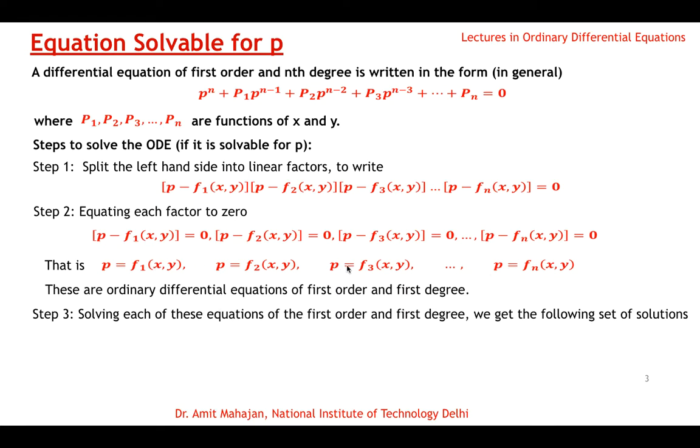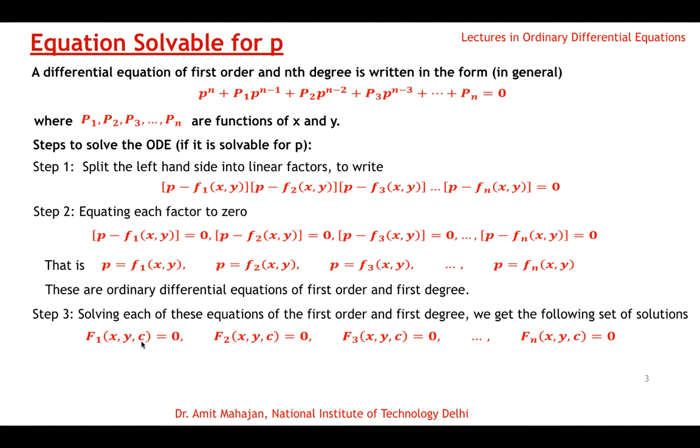So on solving each of them, we can write the solution of the first, say, some function of x and y with one constant of integration equal to 0. Similarly the second first order first degree equation has its solution, the third has its solution, and so on. So this constitutes the system of solutions. And in each solution we took the same constant c.